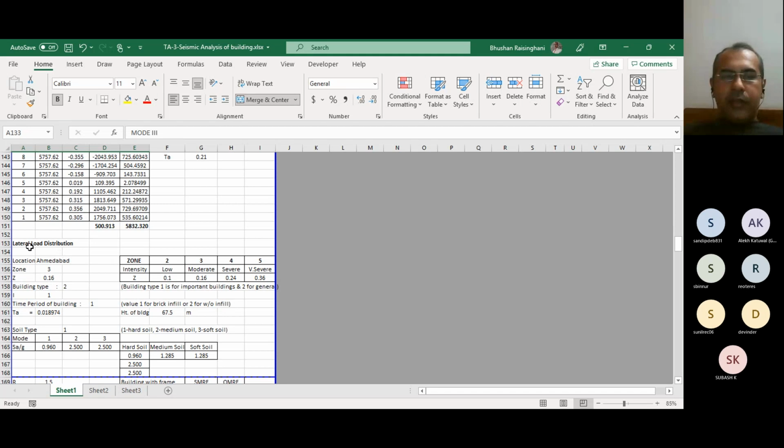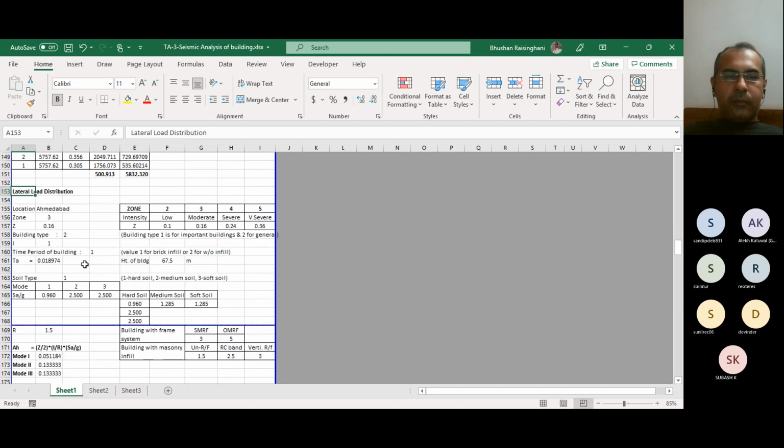And after that you can calculate the base shear of the building. So it is zone 3, so Z is 0.16, building type is 2, that means here it is important building is type 1, for type 2 the importance factor will be 1. Okay, so if I take it as 1, then my importance factor will be